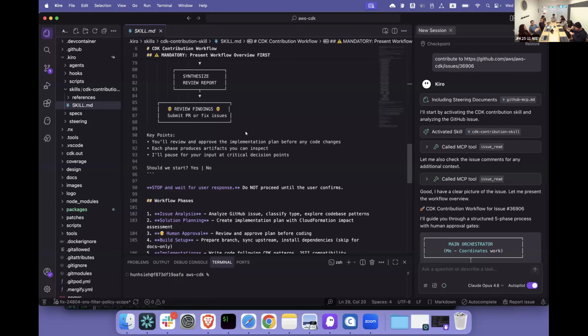And no security, no regression concern. The PR should be ready to go. Does that sound good to you? So you have the final review to make sure that everything is aligned and expected. And if you are good, then move back to human to submit the PR, to commit and submit